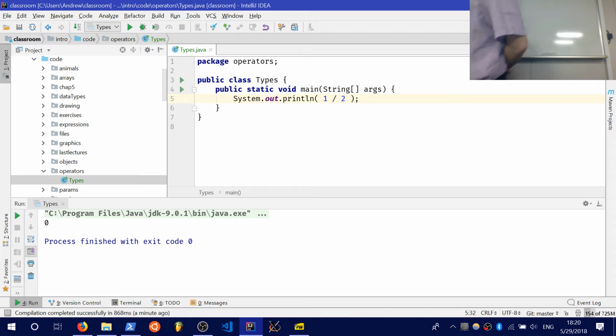You can tell if a number is a floating point number in Java, or in any programming language, pretty easily if it has a floating point. So there's no period in here, so it's an integer. But excellent question. 1 divided by 2 gives you the integer 0. Now why is this? Well, there are 2 ways to remember it. Either you throw out the floating point, or